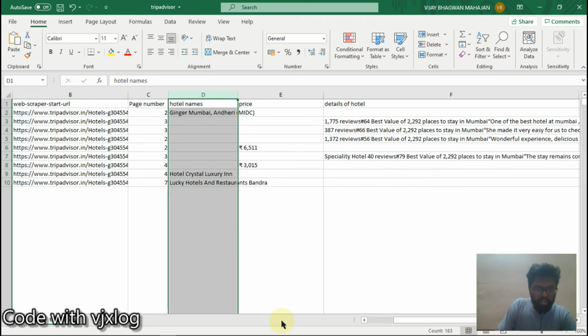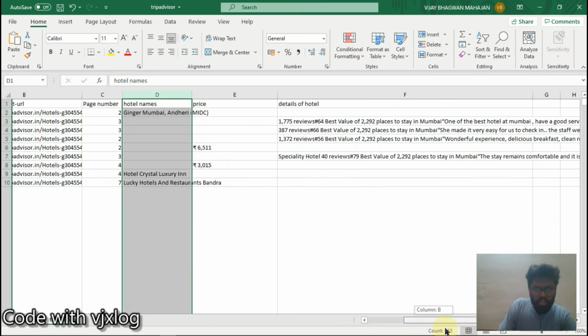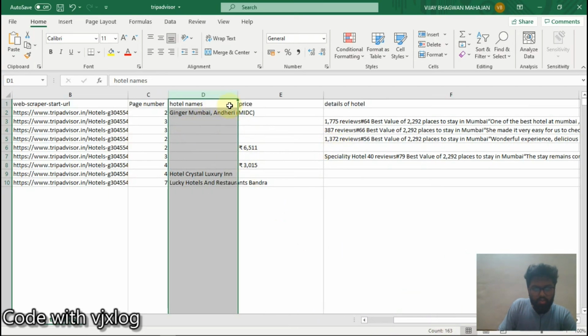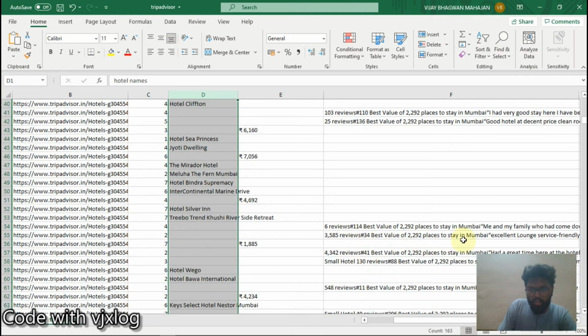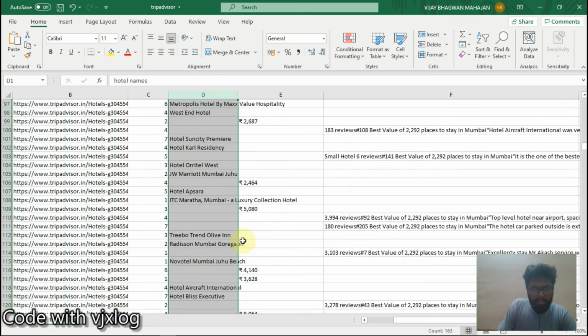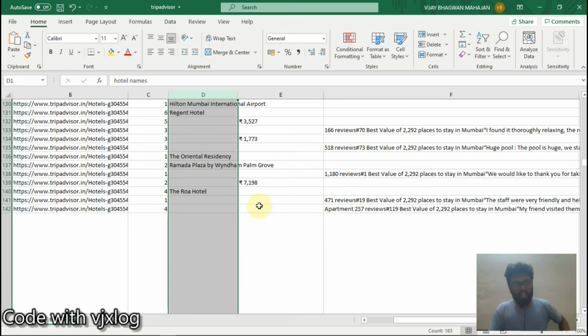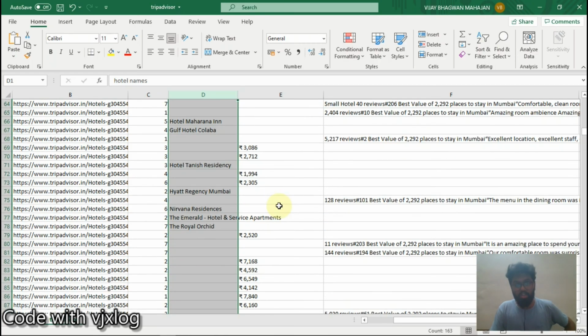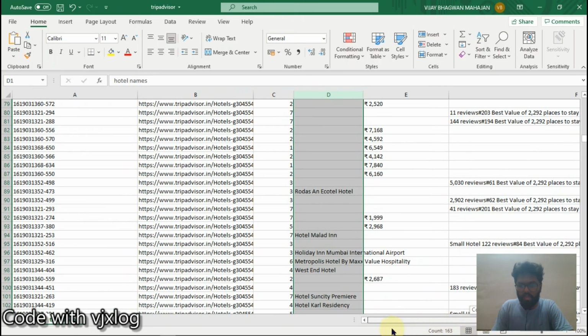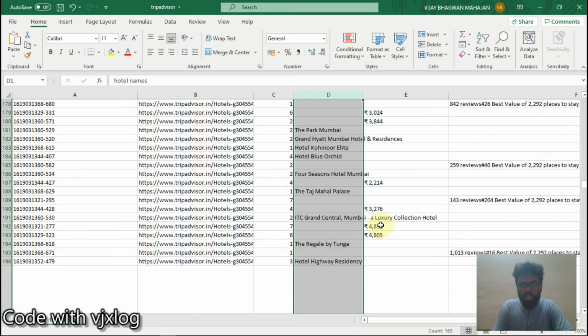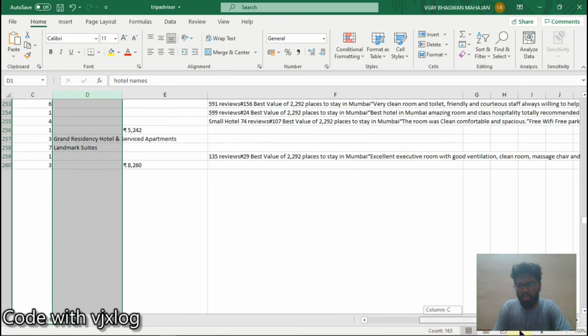Now you can see we have successfully been able to scrape data of hotel names, prices associated with them, and the reviews of it, and what amenities they are giving, right? This is redundant data, again I am repeating, this is not accurate data. You have to structure it, you have to process it. This is still raw, this is not formatted data. So this is what I wanted to show you. It is an easy automated web scraper technique, so that you can obtain raw data for your research.